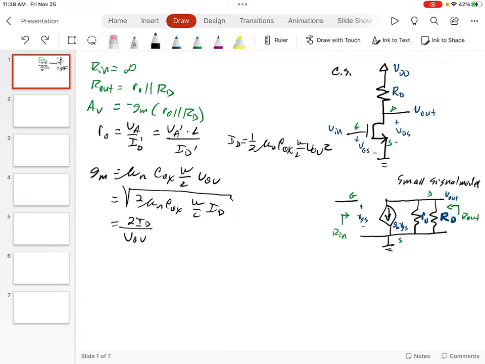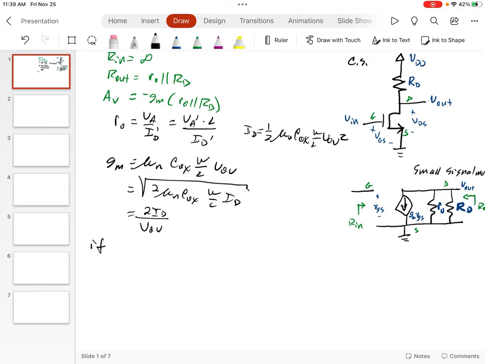And recall that we treat voltage sources as a short. So this becomes a short to ground. And if we had an independent current source, it would be an open circuit. And then we analyze it. So that's what I just did there. We just analyzed that circuit. So now if we had,